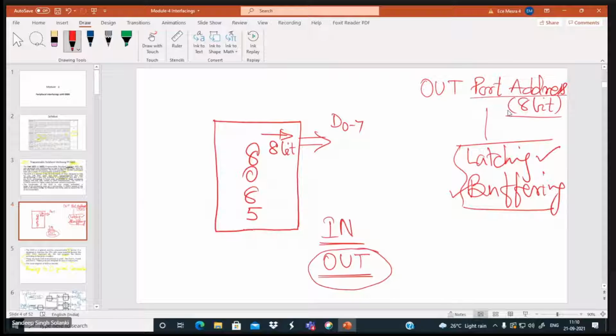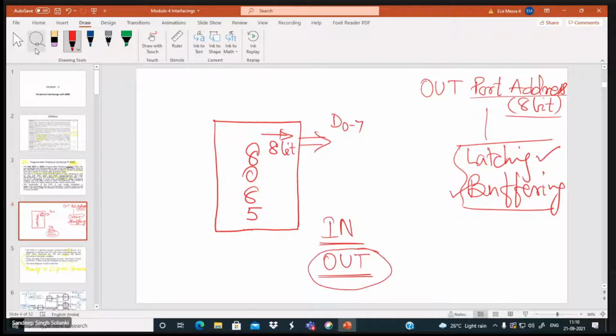These 2 features are there with the port. Latching means saving and buffering means boosting the power. So these are the 2 meanings. So you can call something a port if you find these 2 features are there.